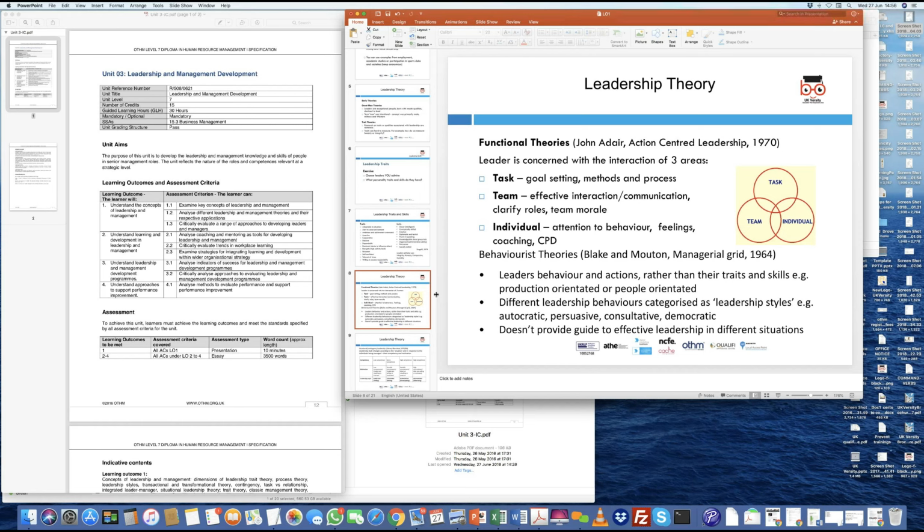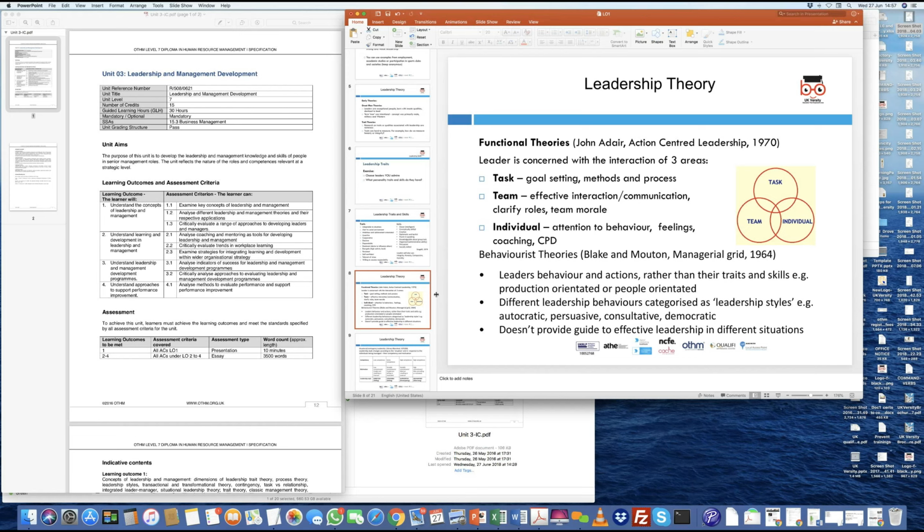So if you saw these 3 areas in people which were related to functional aspects of doing the work or getting involved in the work, then they were classified as something called functional theories, and they were centered on these 3 goals, essentially: that you were able to set tasks and goals, you were able to work effectively within a team, and you could also work individually given a task and bring it to a closure. Now sometimes when you look at these 3 areas, if they were overlapping and people showed that they had experience in these 3 areas, they were considered to be leaders.